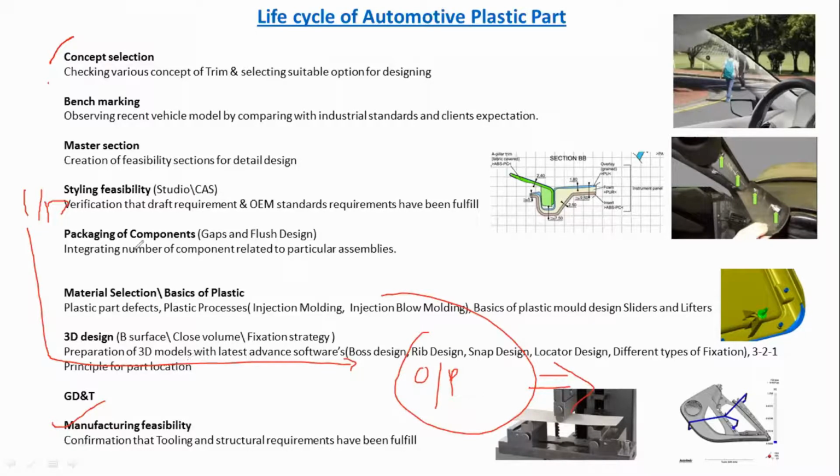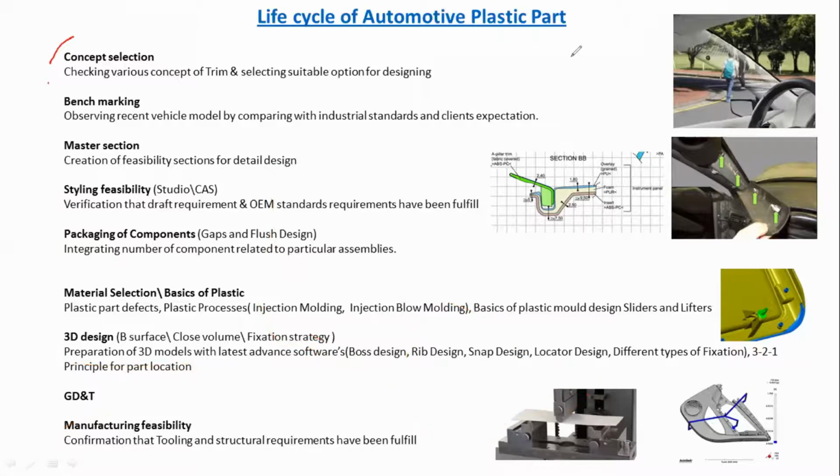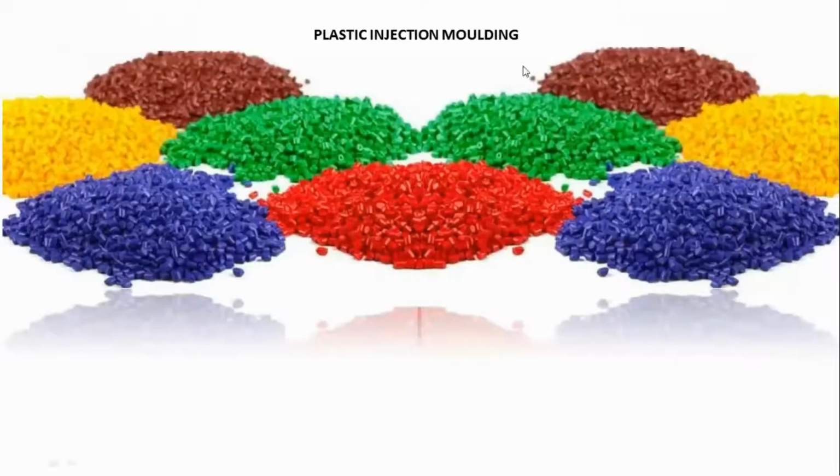So definitely we need to check our input to output and follow some key functions and features. We need to check the life cycle of the plastic component and develop it step by step. It's like a baby: we start with holding hands, then crawling, and everything keeps increasing day by day. Similarly, the part will mature from scratch to a developed component to a finished component, released to the customer or supplier. So how is it going to be manufactured?